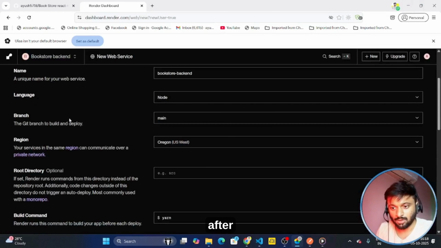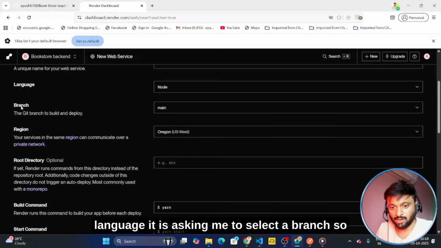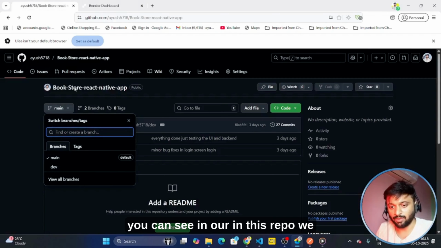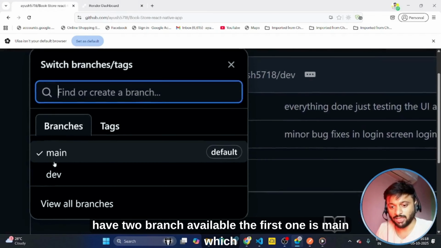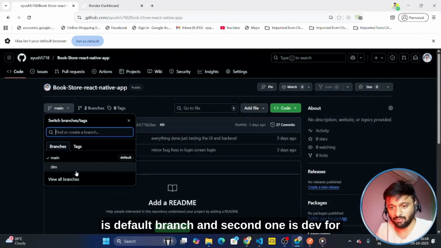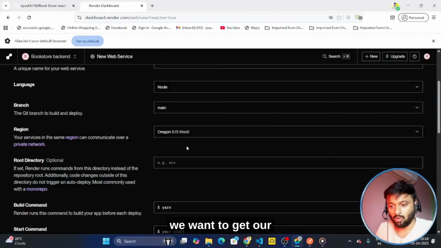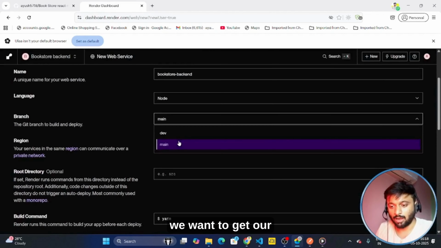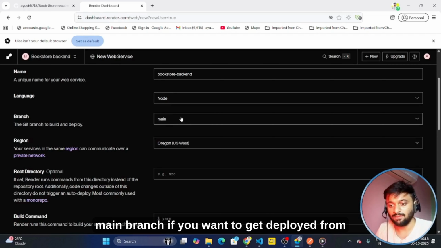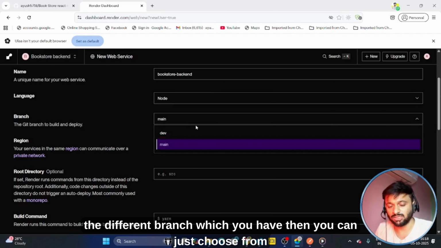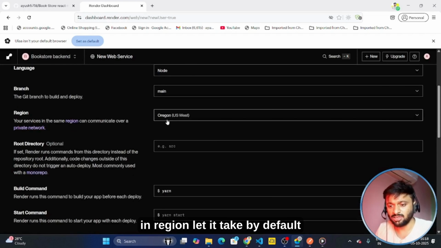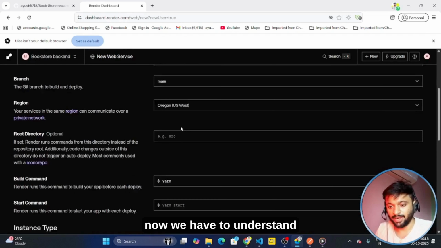After language, it is asking me to select a branch. As you can see, in this repo we have two branches available. The first one is main, which is the default branch, and the second one is dev for development. Now we want to deploy our backend from the main branch, so I will select main. If you want to deploy from a different branch, you can just choose it from this list. And in region, let it take the default. Now